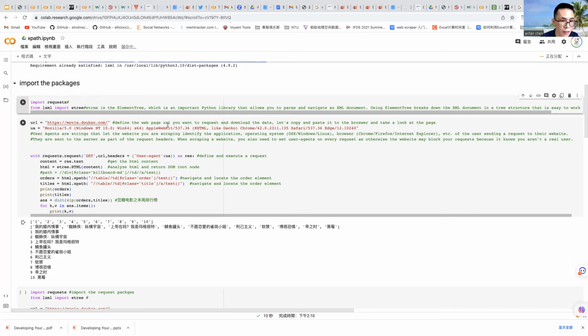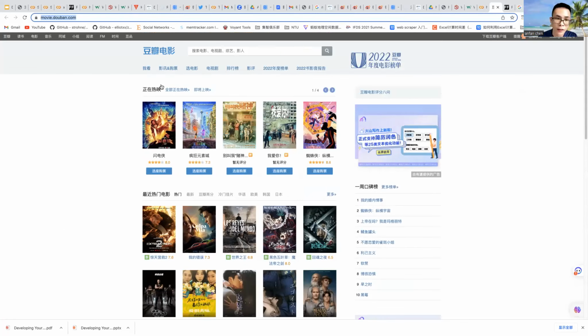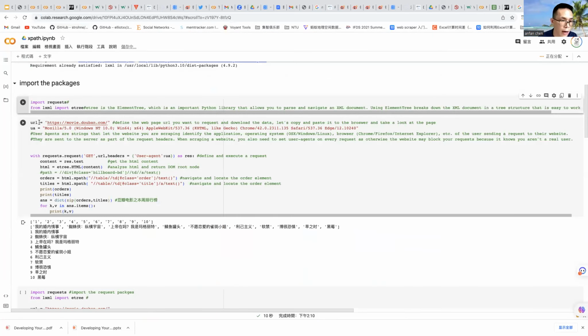Okay, and after that, we are writing the scraping code. Firstly, we should define the web page URL. You want to request the page and scrape the data, so you should define the URL. It is the Douban page, as I showed you. Then you define the UA, the user agent string, which lets the website know your scraping identity and application.